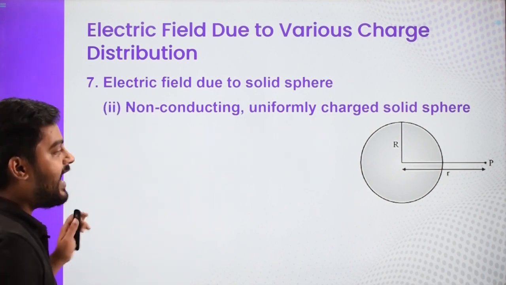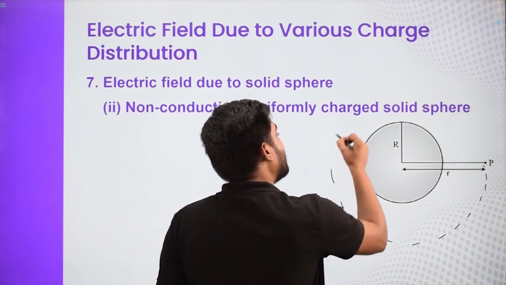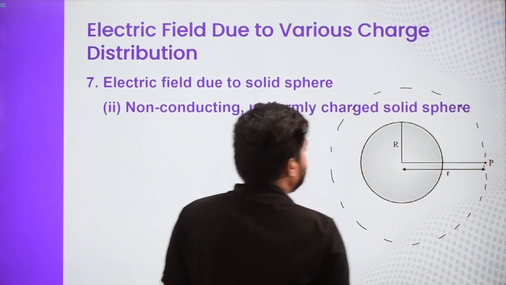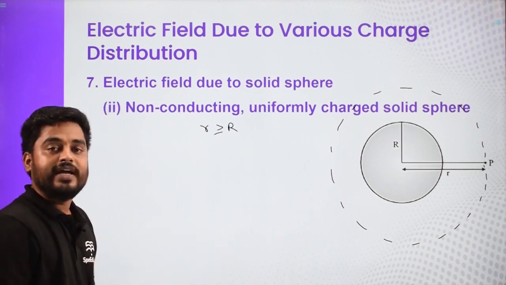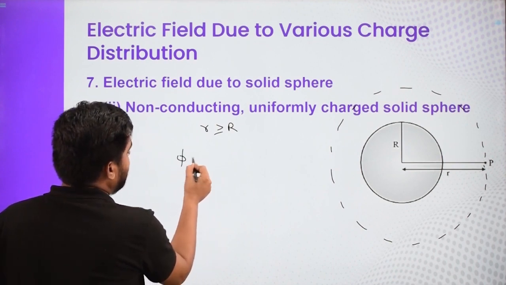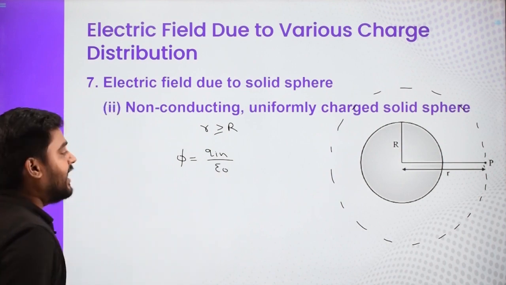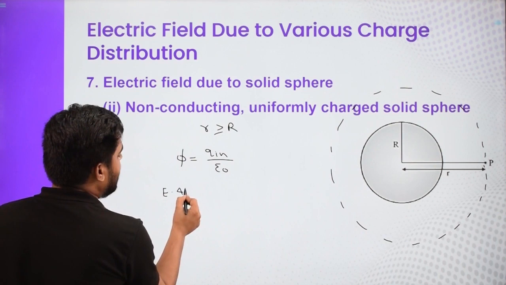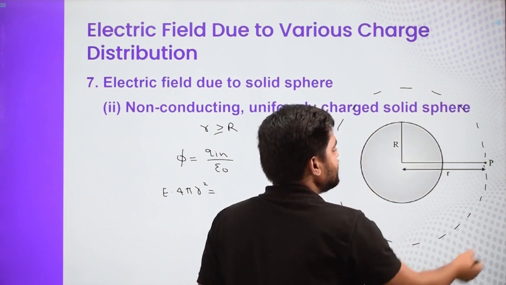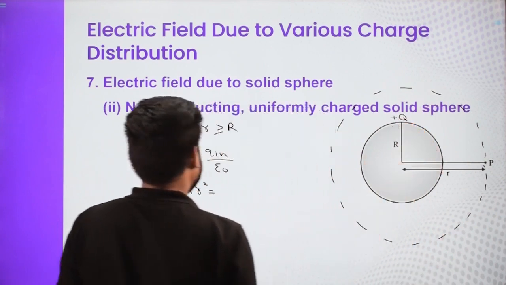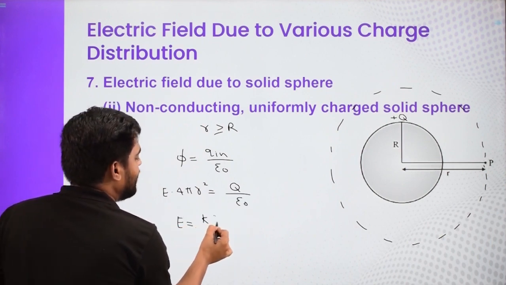So if we have a look at a point which is lying outside, again I am going to draw a Gaussian surface which is passing through point P if I want to get the electric field at point P. So again, when we apply for a point which is situated at a distance greater than or equal to its radius, I am applying Gauss's law. So Gauss's law says that flux is equal to Q in by epsilon naught. And flux is nothing but E into 4 pi R square. What is the charge which is inside? Inside this Gaussian surface, the entire charge of the sphere lies. So I will write the entire charge Q inside, divided by epsilon naught. Again we get E is equal to KQ by R square.